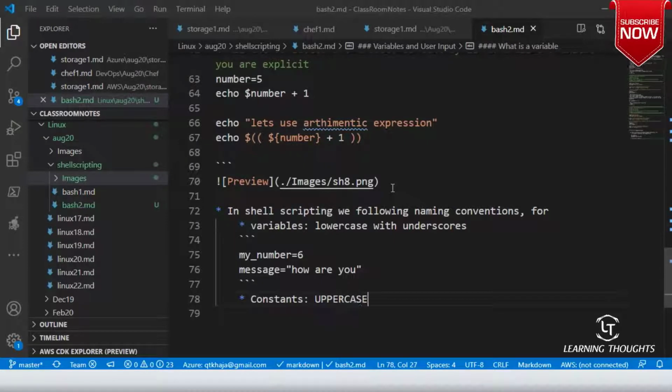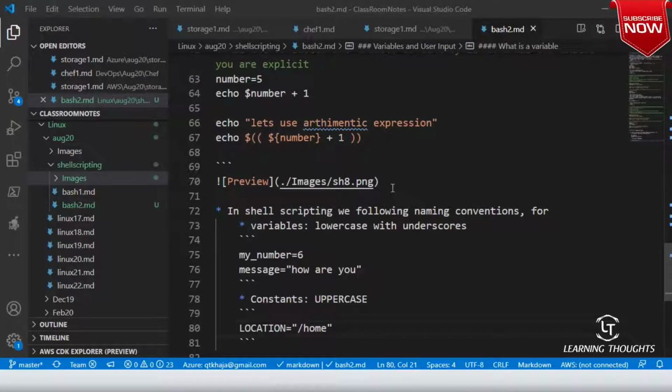So for example, let me try to use something called location. Location equals to slash home, something like this. Okay, right. Am I clear on this, sir?